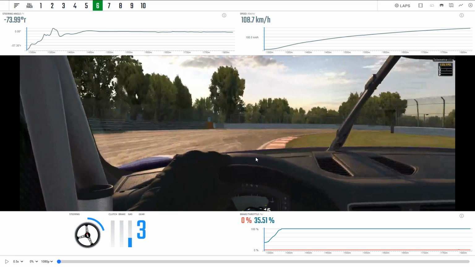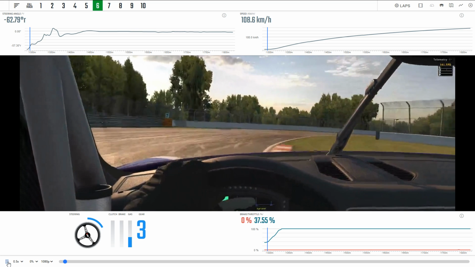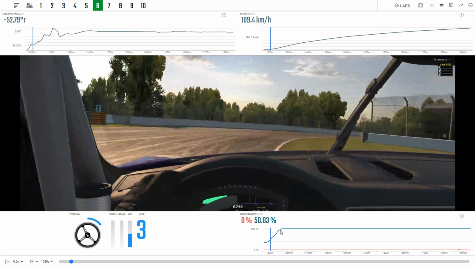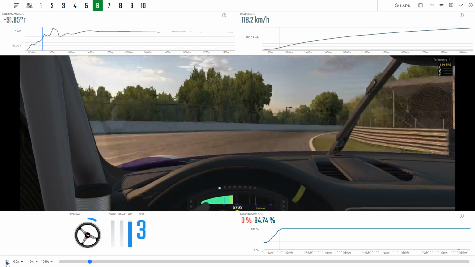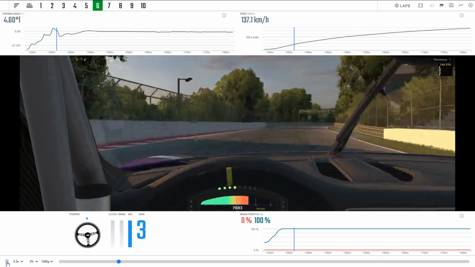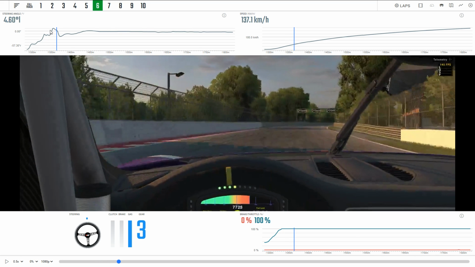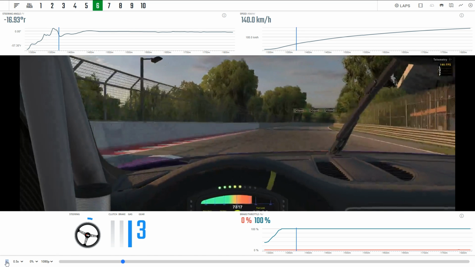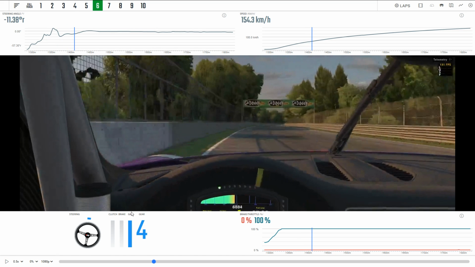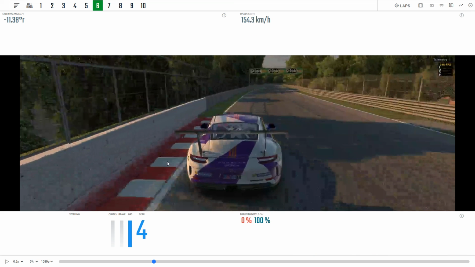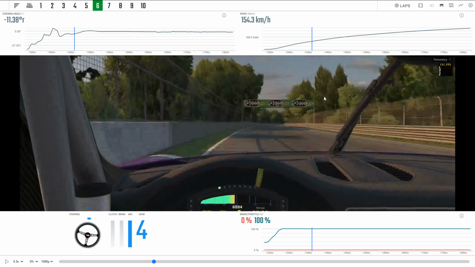He's not quite reaching full throttle before the right-hander, and then lifts again briefly before then on the curb. He's at that point trying to accelerate out of the corner, and notice that he's very, very patient with the throttle here in third gear on the exit. The car's really loaded up, cornering quite hard, and you'll notice on the exit there's just a little bit of a correction, which we can see more clearly in the steering, for oversteer there. No need to use that curb on the left if you get your line right,